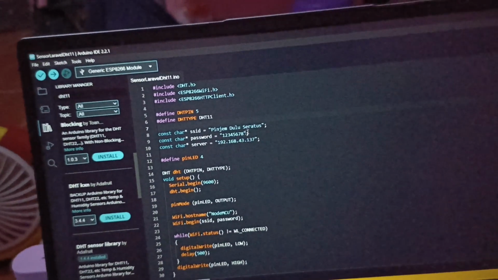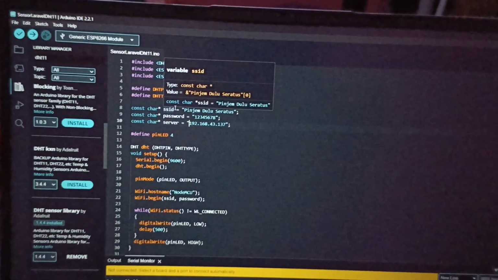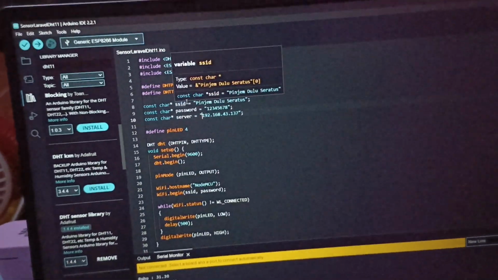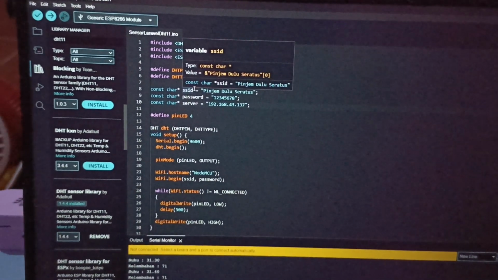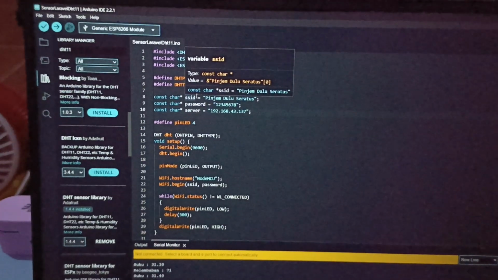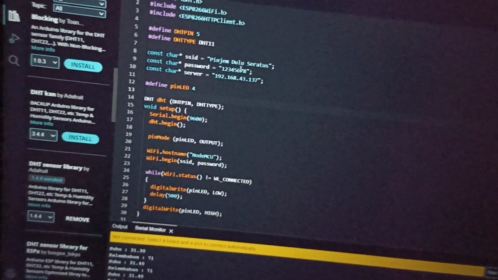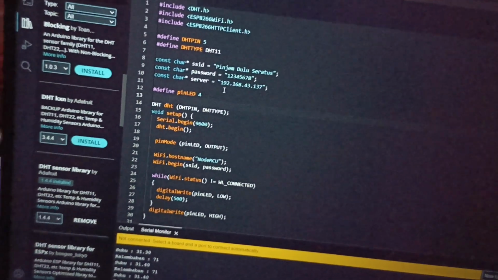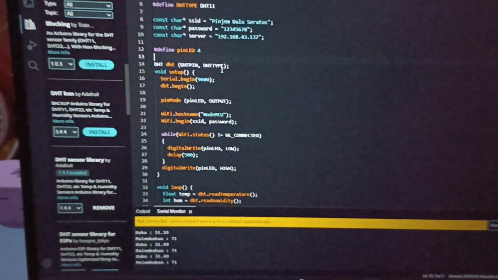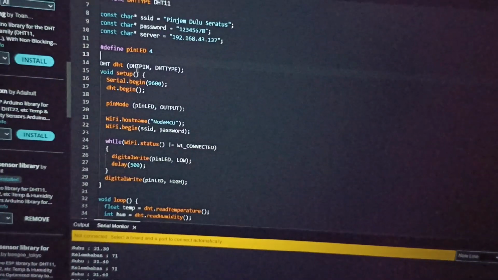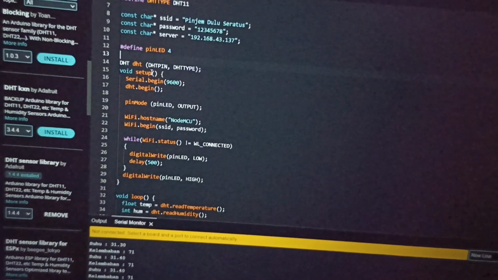And this is the name for Wi-Fi to connect Arduino, because the Arduino board needs Wi-Fi to connect. Okay, this password Wi-Fi, you can put your password and you can connect again to the server. And this DHT unit, for DHT unit. Okay, this DHT pin and DHT type.